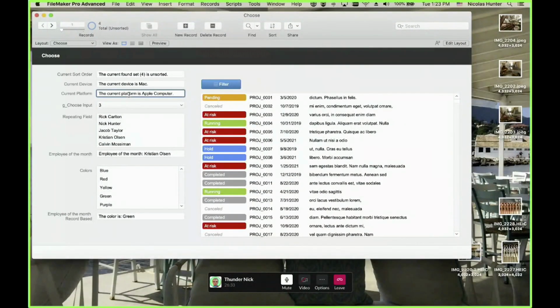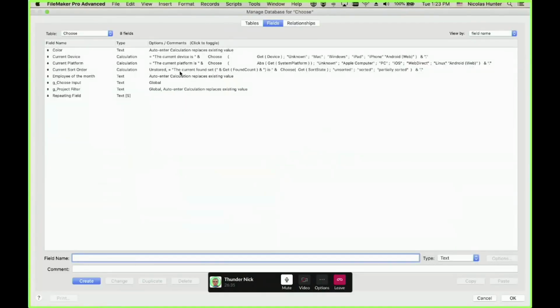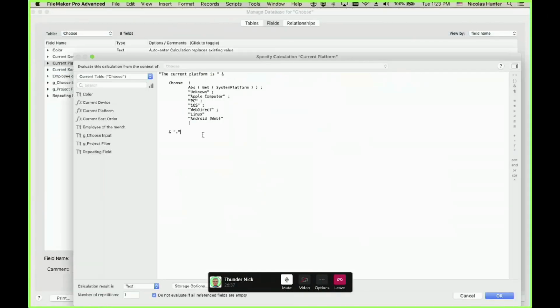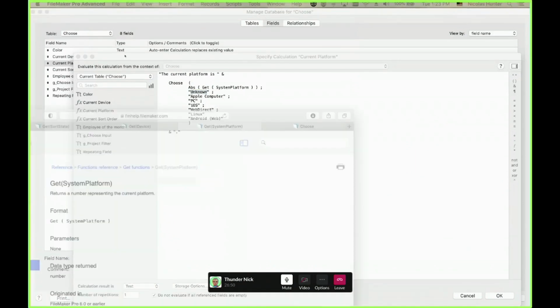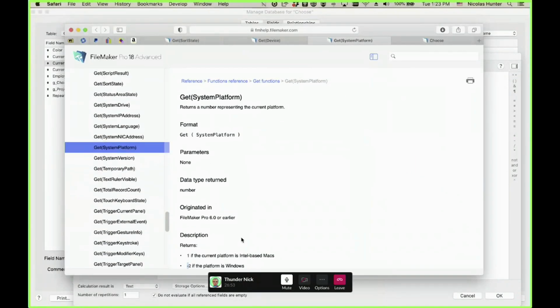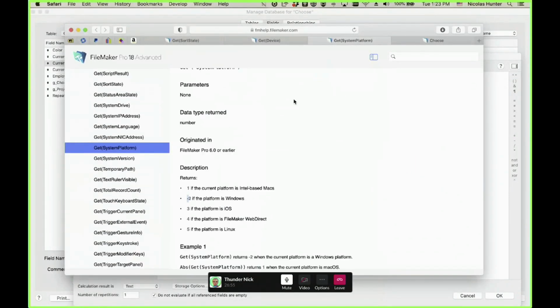But the platform with the ABS, remember the ABS? The ABS of platform avoids the -2, so the 0 will never come. You return 1 straight. There's no 0.